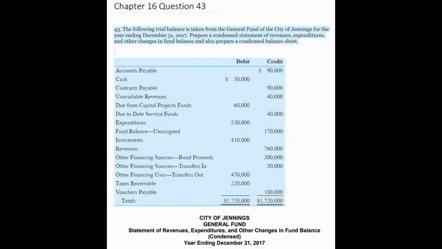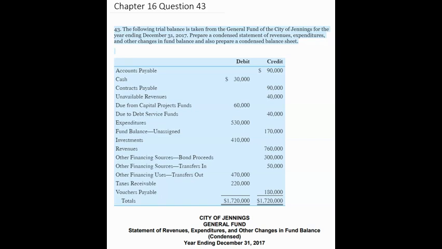Question 43. The following trial balance is taken from the general fund of the city of Jennings for the year ending December 31st, 2017. Prepare a condensed statement of revenue, expenditures, and other changes in fund balance, and also prepare a condensed balance sheet. First, let's prepare the statement of revenues, expenditures, and other changes in fund balance based on